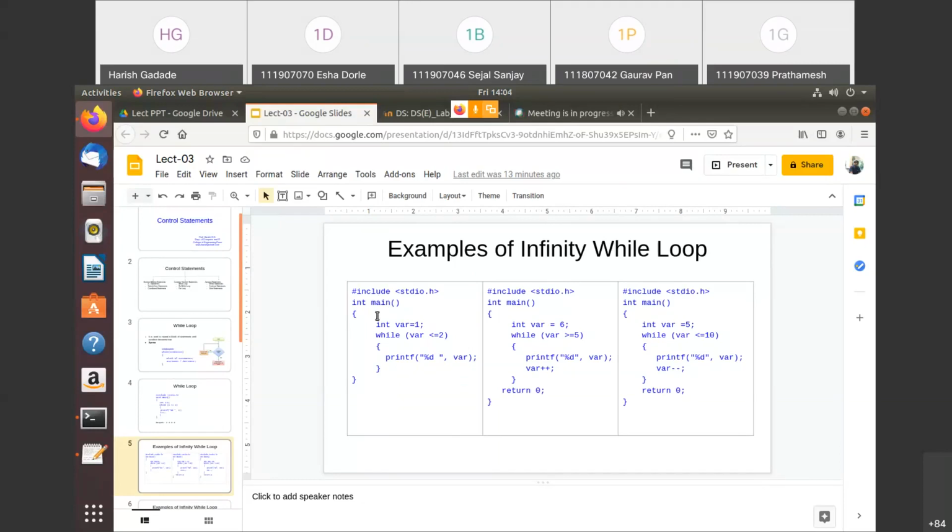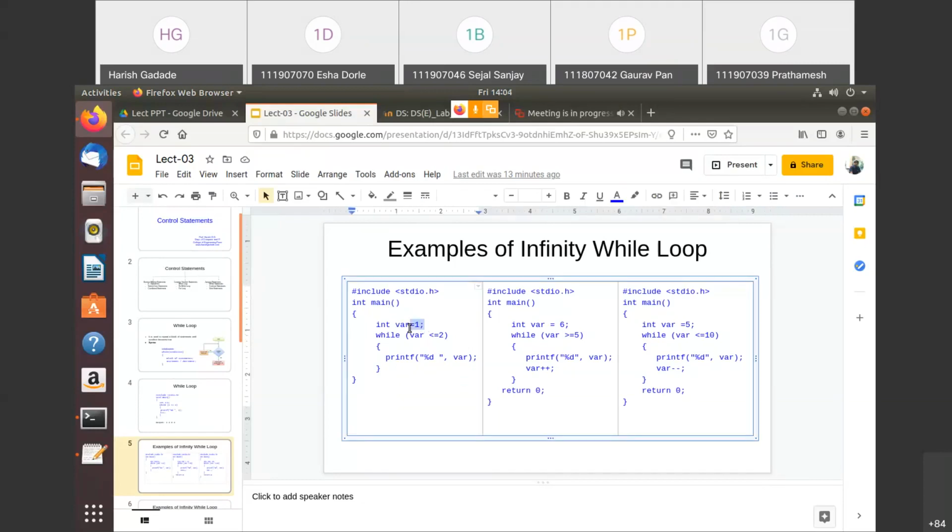The first example is what you can see here. The initial value of var is 1, right? And what we are checking here is var less than or equal to 2. Initially the var value is 1 and it is less than or equal to 2, so this is true.